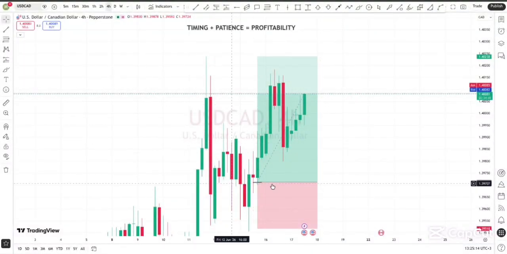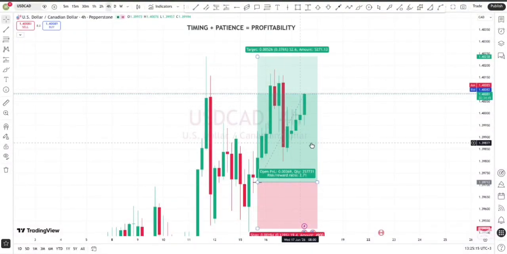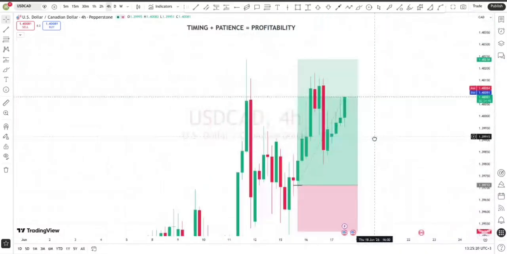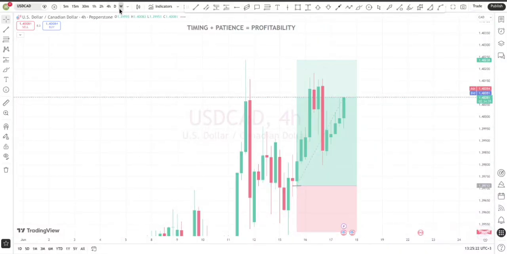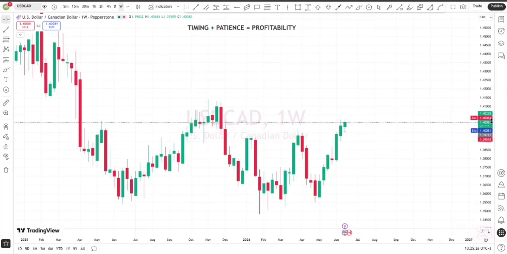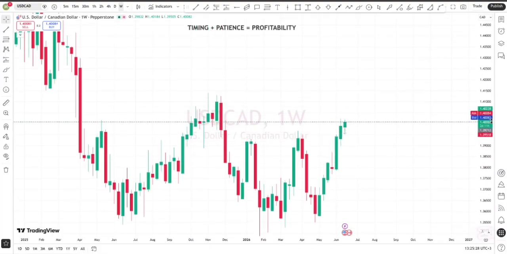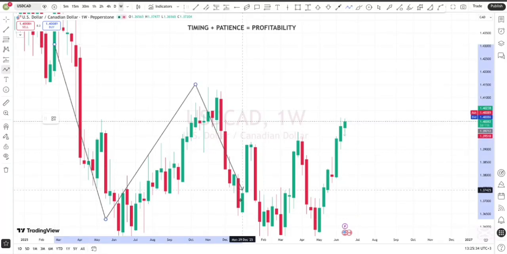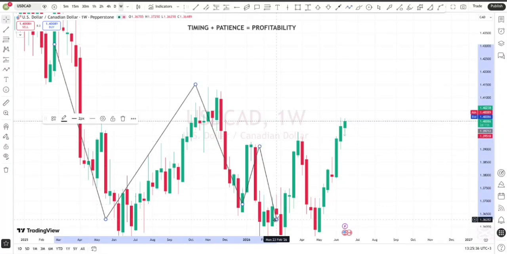Okay, let's analyze this entry on USDCAD using top-down analysis, and let's try to understand. When we come to the weekly time frame on our chart, there is something which you can see. We could see this market was on a downtrend, which is the biggest part. So up to this moment here,